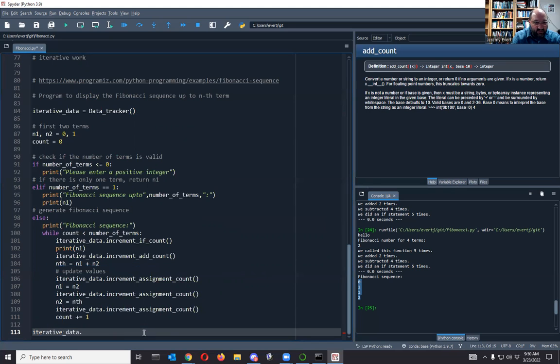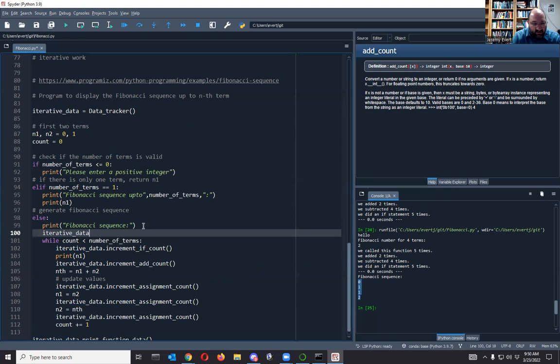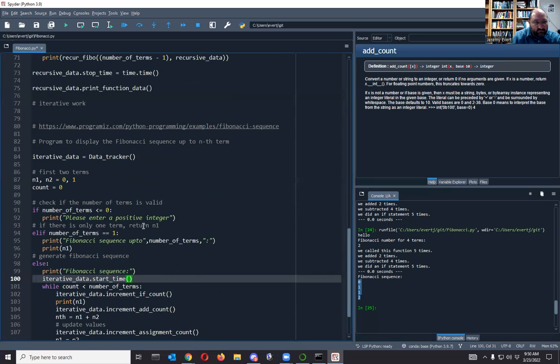Iterative data dot function data. I messed up on one thing though. We need to come in here. And right here, iterative data dot start time equals